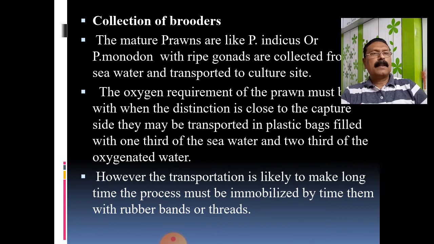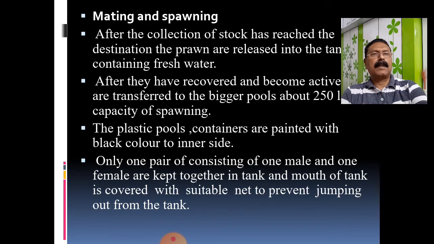Therefore, to avoid such hyperactivity, the prawns' appendages should be tied with the help of a rubber band or any suitable thread, just to restrict their movement. If the movements are less, they will require little oxygen, and you will not suffer from a deficiency of oxygen. Therefore, the prawn should be immobilized, using a rubber band or a good thread. That means we are keeping them in a controlled condition, so it will require little oxygen during the transportation.